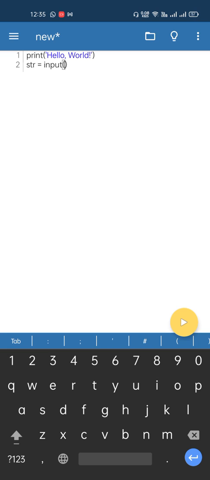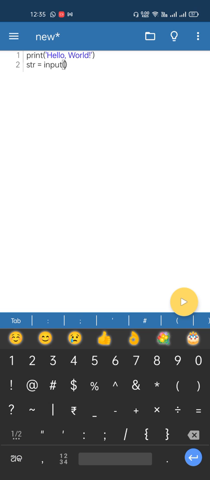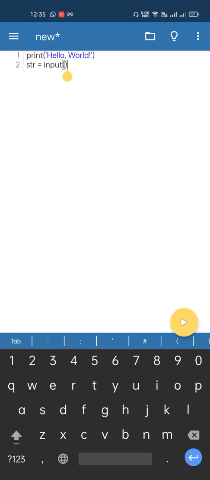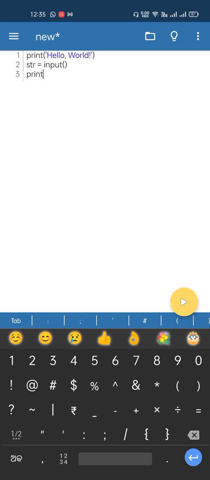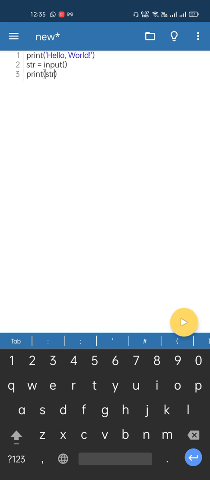So with this function, str equals input. It will take the input, whatever you type. And after this, I will print the str.